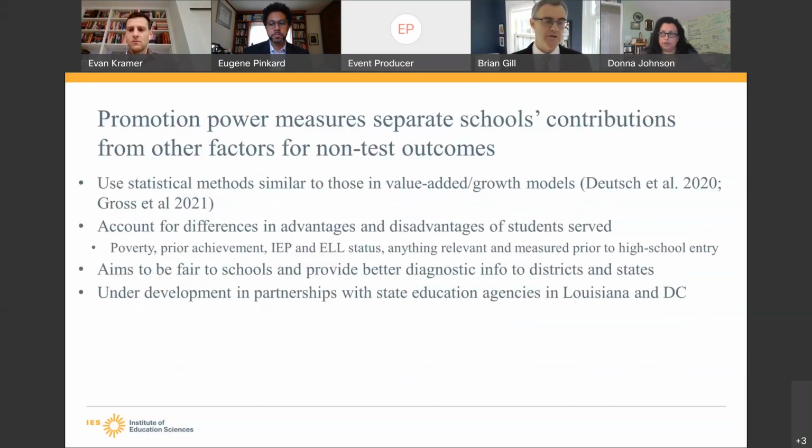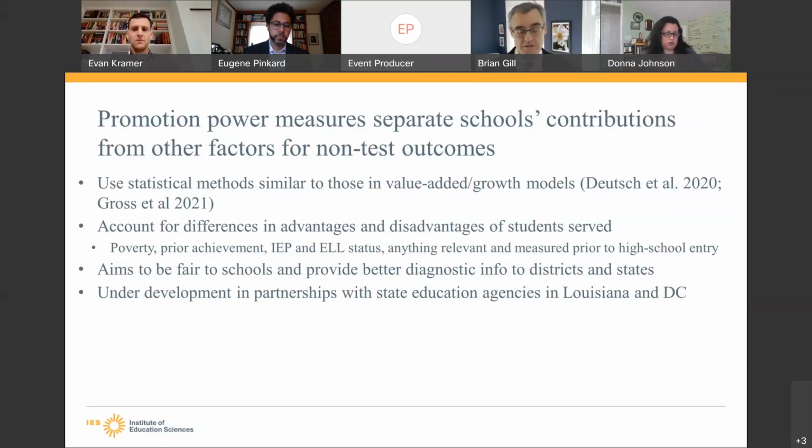And I want to talk about some work we've done with both DC and our colleagues on the panel here, and with Louisiana, on measures we're calling promotion power, where the promotion power approach is designed to apply the same kinds of statistical methods that are used in value-added and growth models to outcomes like graduation, college enrollment, and potentially other outcomes.